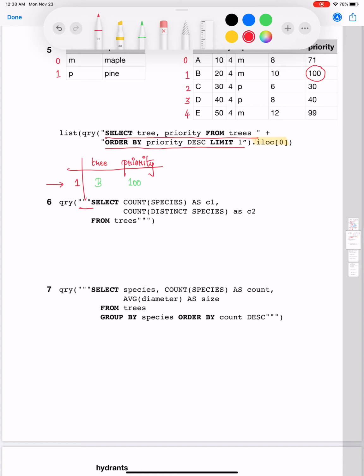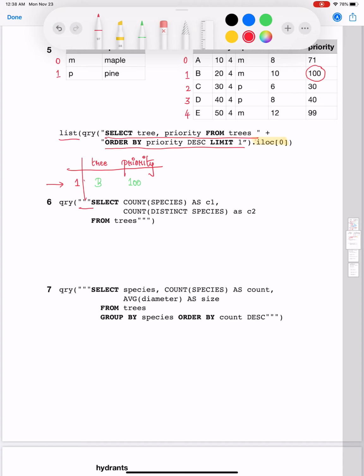What are we doing with that row? That row will be retrieved as a pandas series first of all. Then we are passing the series as an argument to the list function. So we are trying to convert the pandas series into a list.